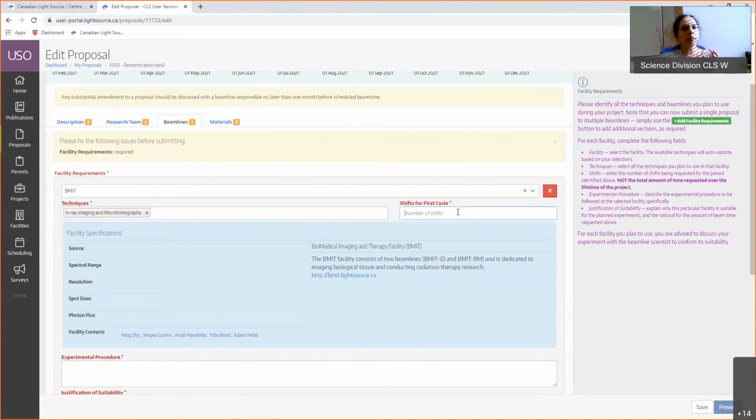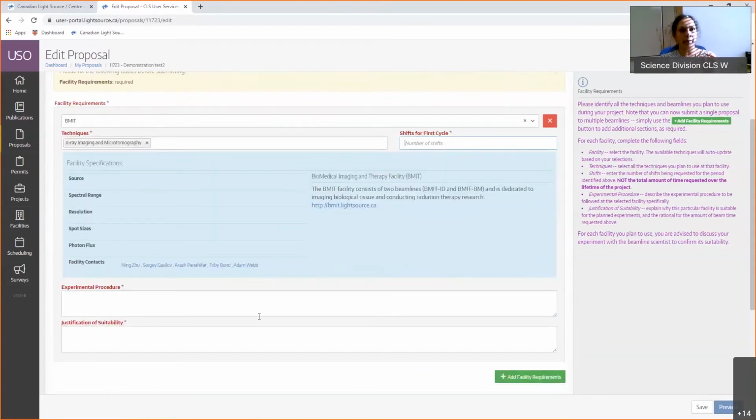So you need to write here in the experimental procedure how you will prepare your samples, okay, your experimental plan. So if it is something in agriculture and I am growing plants, I will say, I will grow 30 plants in a greenhouse. Out of that, I will take 10 plants and I will be looking at them in the CLS, something like that. And for each sample, you need to know how much time it takes. For example, I'm interested to look at 10 samples and each sample is going to take 1 hour. Then for 10 samples, I need 10 hours, right?